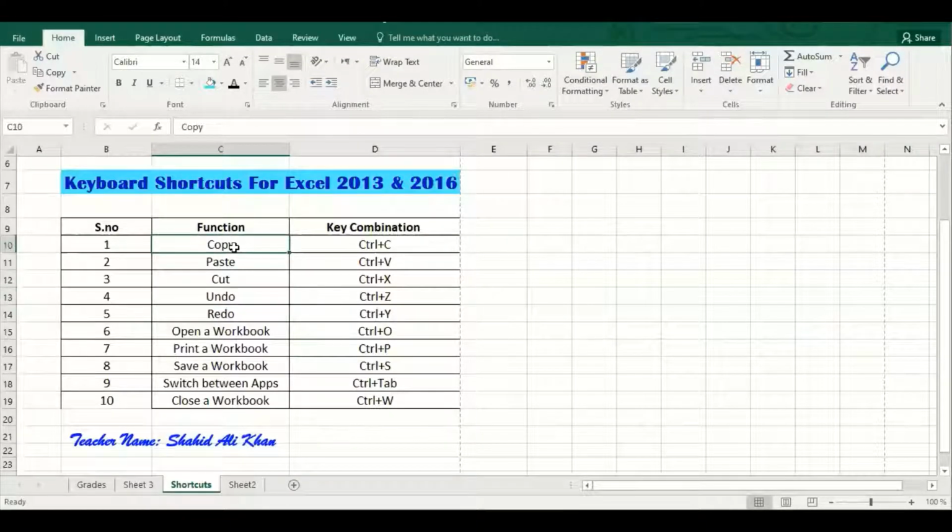For example, right now I want to copy that text, that is C10 cell address. So I'm not using my mouse. I want to use just shortcut keys from the keyboard. So I will use Control plus C key. I am pressing Control and after that I will press the C. So you can notice that the text is highlighted, which means that the text is copied now.